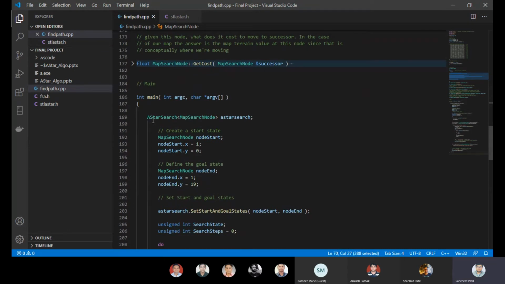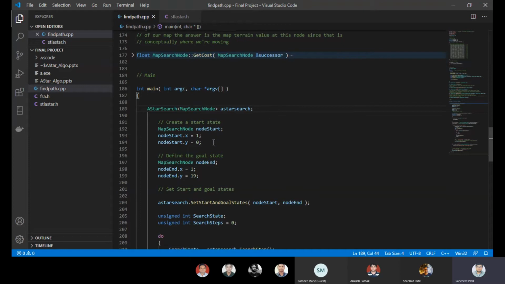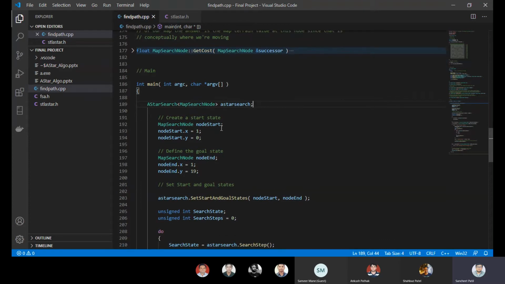So I have first initialized the A star search tree, or A star search graph, which you can take as the example which I discussed with you 15 minutes back: S to G, S A B C, with S as the initial node and G as the goal node. So what I have done over here is define the start node, which is the initial node, like S was there, with coordinate 1 comma 0.